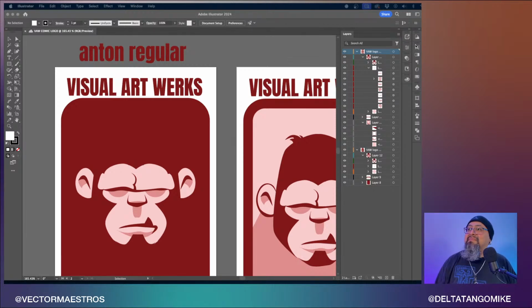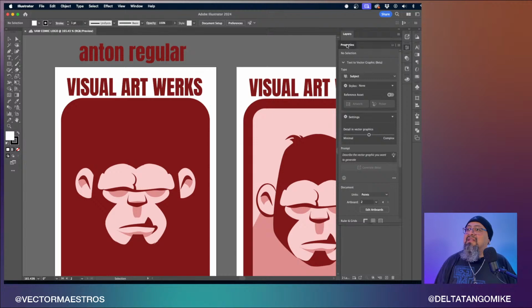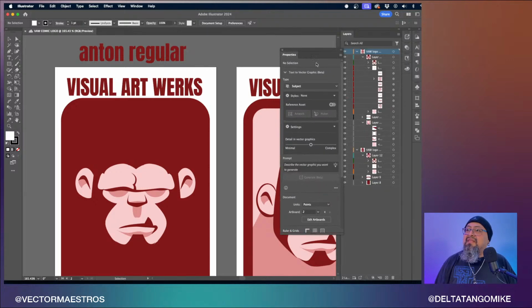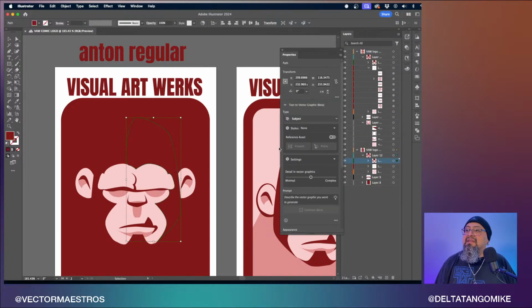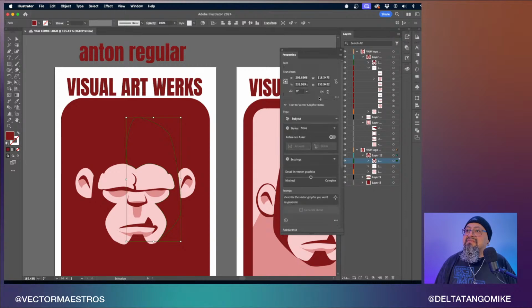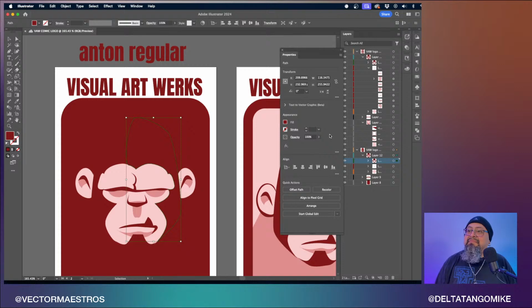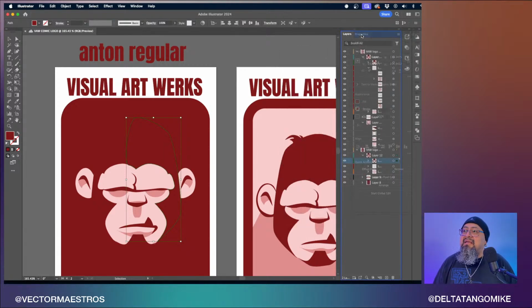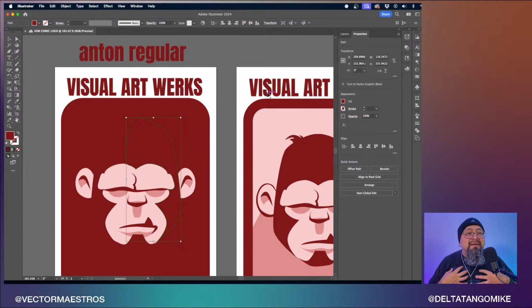Where is the properties panel? You say it's right here. It looks like a little, I think that's the one. And let me see if I click on it, I get all these things here, and there's the appearance. Yeah. So let's get rid of text to vector. Just close it or collapse it, and then make sure we can see this appearance right here. We're going to need this in a minute, but let's go back to layers